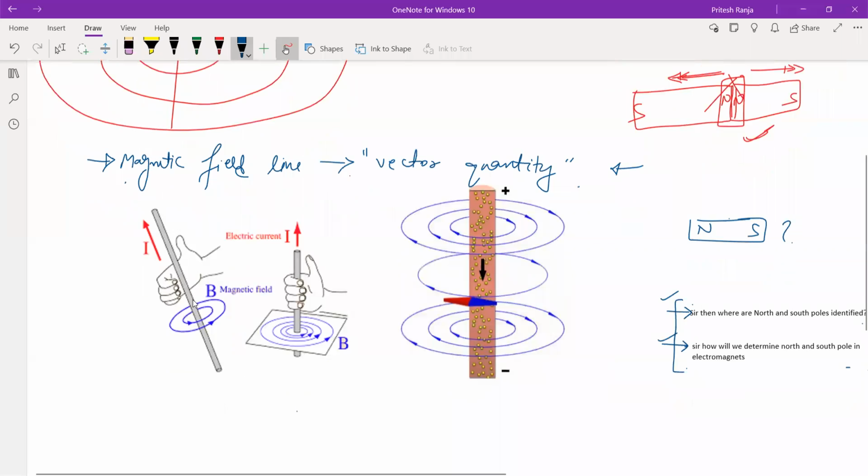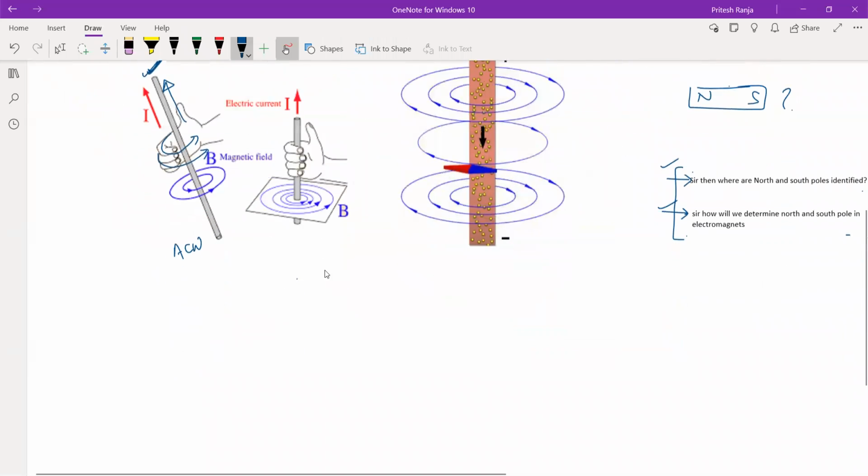First, talking about the direction of magnetic field, we must use right hand thumb rule. So how we will use right hand thumb rule? The thumb will be pointing in the direction of current. Then the fingers where it is curled, that will be representing the magnetic field lines. So if I have to say the direction of magnetic field lines with respect to this wire, then I can say magnetic field line is anti-clockwise.